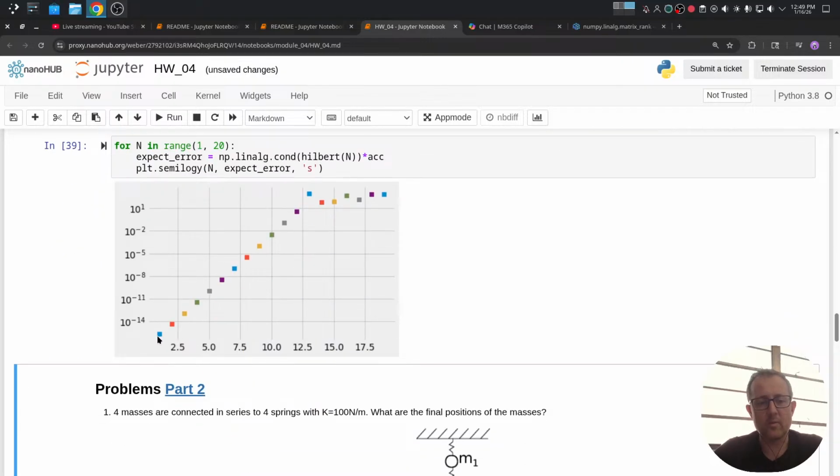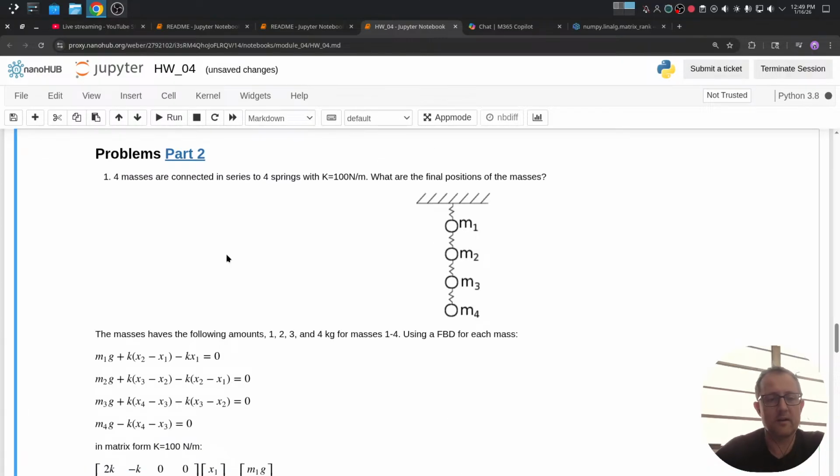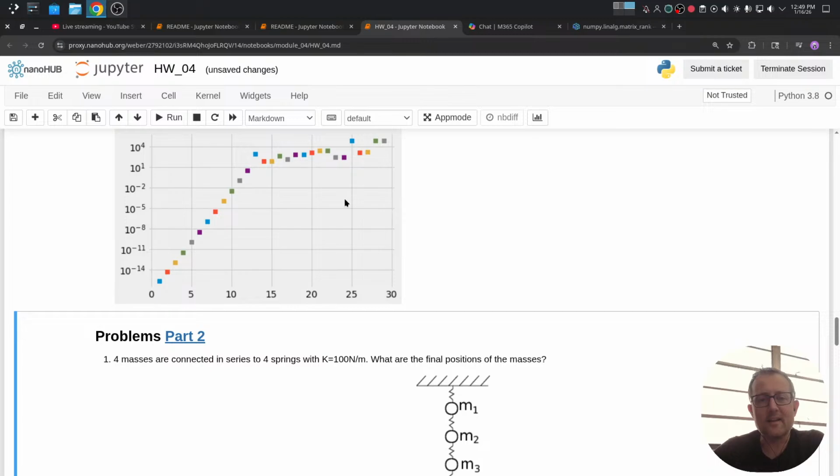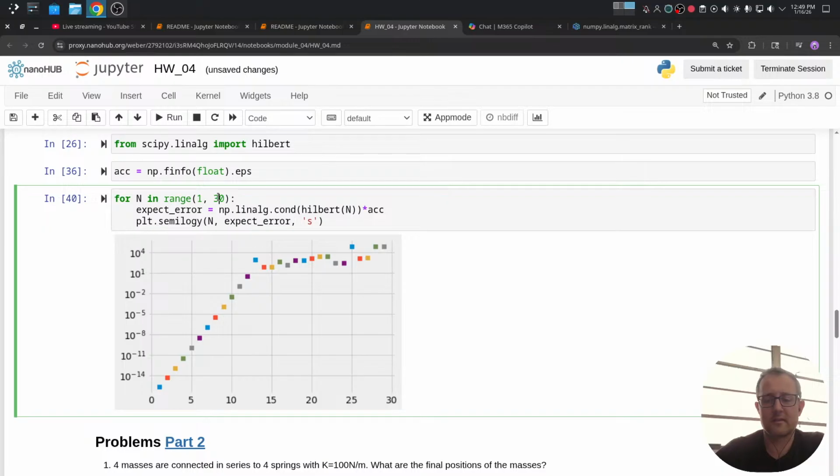Around 15, it starts to level off, even if we make this bigger. It's almost like there's two slopes: a very constant slope, and then once we get into this range, it's slowly increasing, but